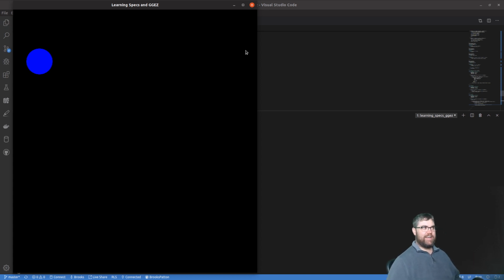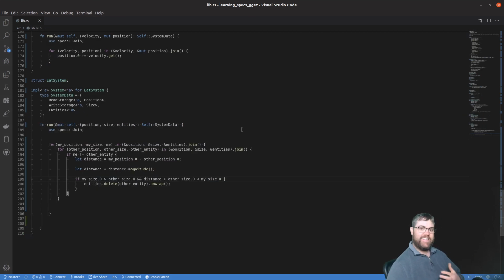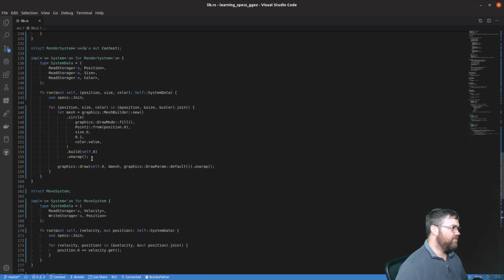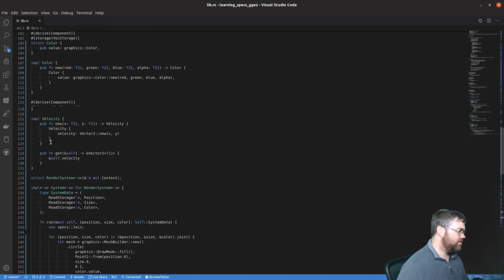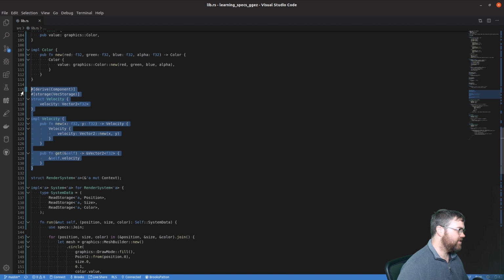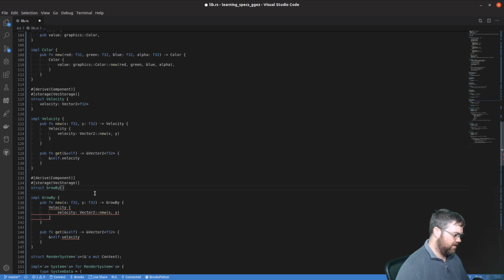And that's the main big problem that we had last time, that we couldn't delete the other ones. And now we can with this command. And if I wanted to really, really quickly add in the growth system, we'll add a component. So here's all our systems. Let's just copy you. I'm gonna make you grow by component. If I just make you a tuple of an F32,